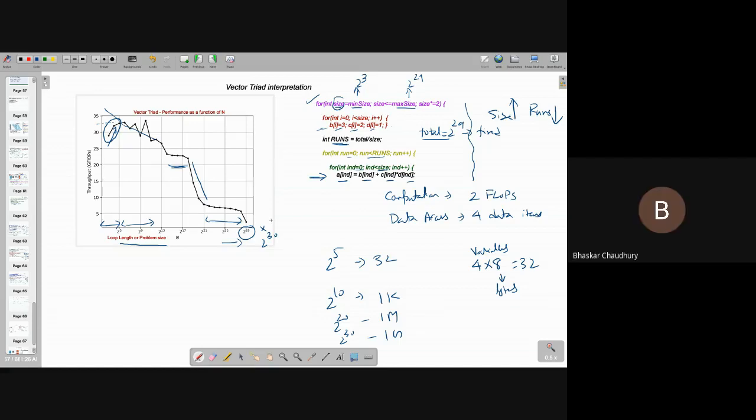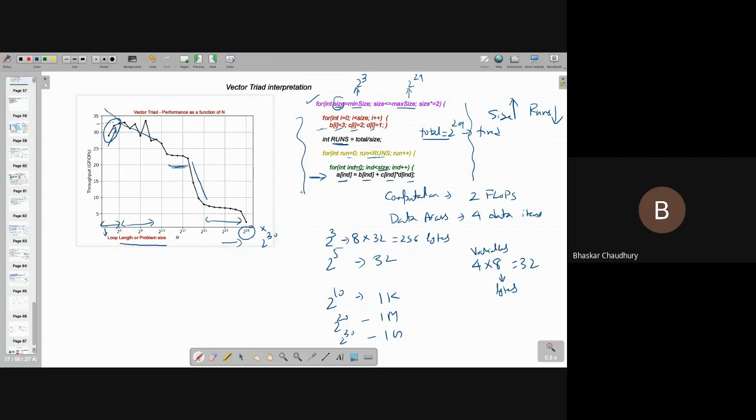Yes, sir. So in this particular example, 2 to the power 3 is 8, and if you're using double precision with 4 variables, that's 256 bytes. So we have started from a 256 byte problem, and gradually we are traveling to almost 16 GB. That tells us the importance of this plot. You are running a simple code which travels from a few bytes to gigabytes of data.